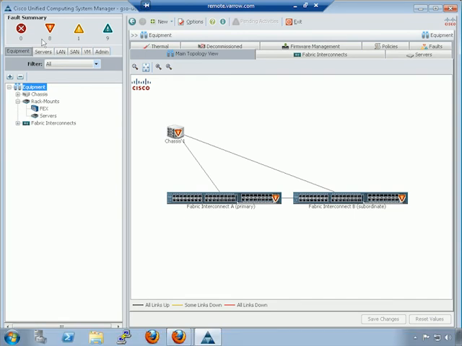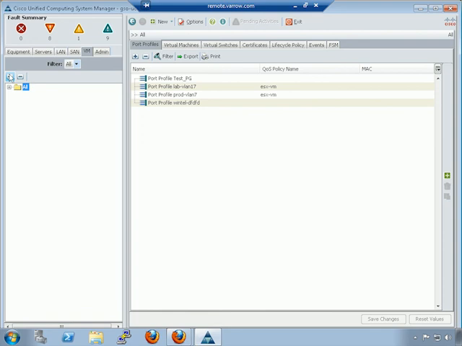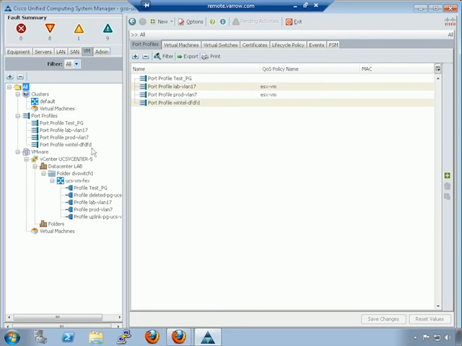Okay, so here we are in the lab, and I'll show you first how you do some of the configuration. So I believe for the first time, we're going to jump over to the VM tab, and I'll expand this out. And we're already using VMFX in our lab, so a lot of this has already been configured, but I'll show you how to do the walkthrough. Down under VMware, we have our vCenter, UCS vCenter 5. Our data center name is lab, and then we have a DV switch called DV switch 1. And off of that, we have some port profiles that you configure up here that turn into port groups within